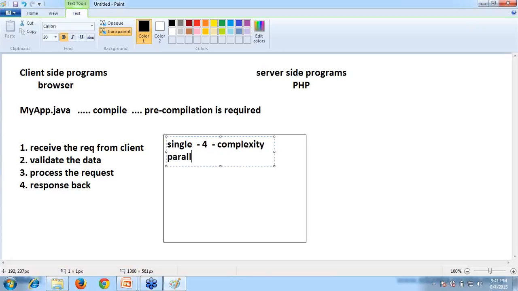So the main problem is that parallel programming cannot be done efficiently. For example, in my team, I have got two members: Avanish is one member, Parul is another member, and Sunil is another. If I assign a task to Avanish, Avanish has to do all the things. So Parul is free, and my project cannot be completed on time.